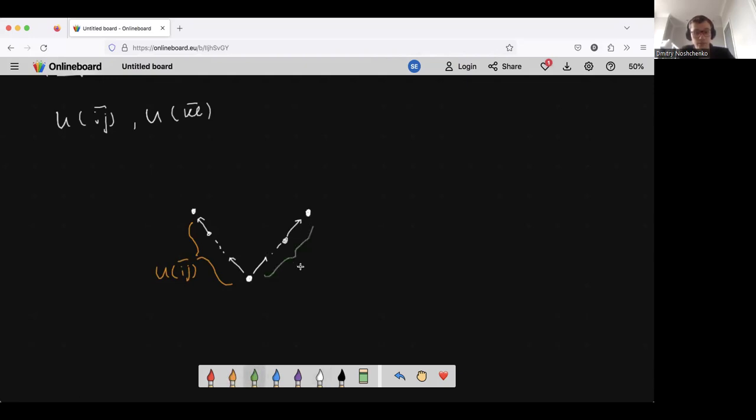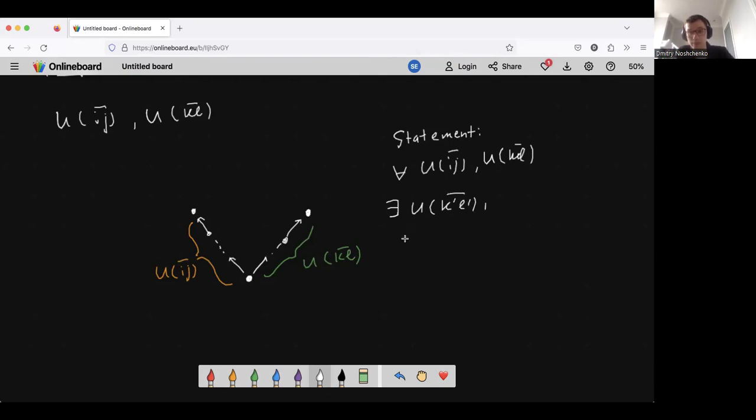Now the statement is that for any such Uij and KL, you can find, also not unique, but you can still find U K prime L prime and U I prime J prime, some pair of different sequences such that this diagram is completed to a relation